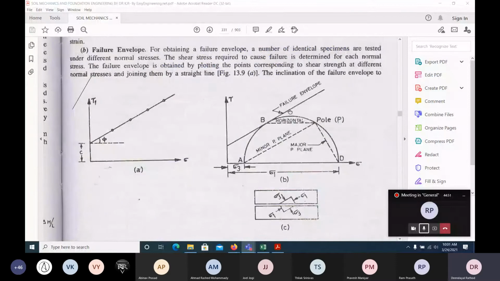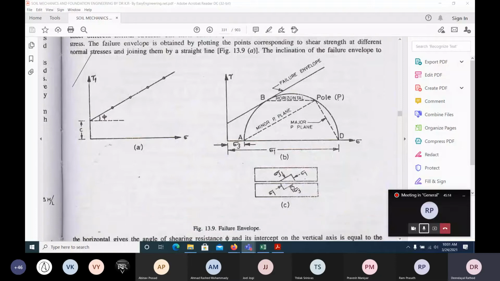Finally, what we have done here is, by using this direct shear test, we are able to find the c and phi parameters, which are very important, and the failure envelope. We can draw the Mohr circle also. If the Mohr circle touches here, then we say that the soil has failed. Likewise, this is the major principal stress, this is the minor principal stress. If you assume that this is a small element, then this particular element would be sheared.